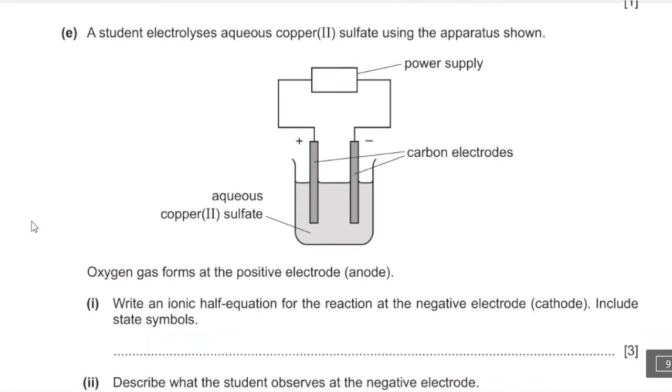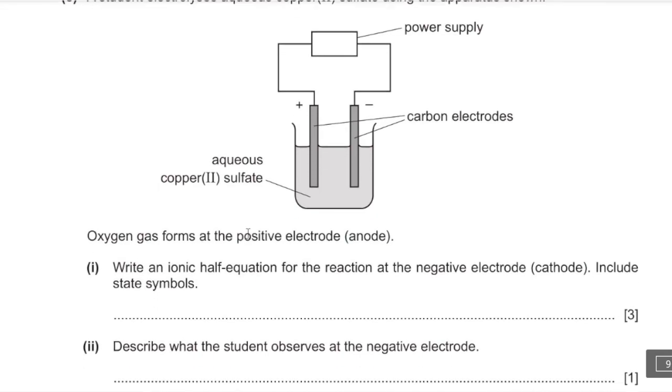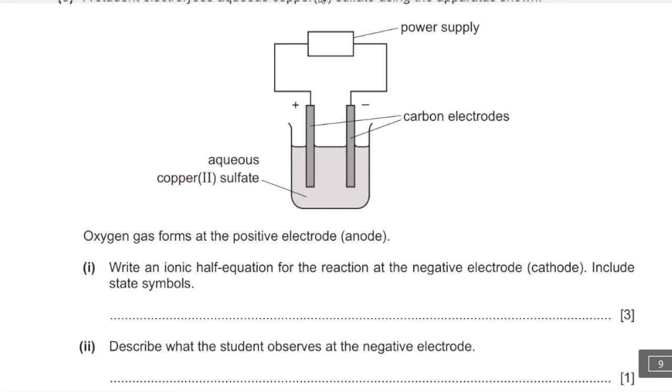E. A student electrolyzes aqueous copper sulfate using the apparatus shown. Oxygen gas forms at the positive electrode. 1. Write an ionic equation for the reaction at the negative electrode, which is the cathode. Include state symbols. Negative electrode means it would attract the positive ions. So the positive ions in aqueous copper sulfate are hydrogen and copper. But since copper is less reactive than hydrogen, copper ions deposit at the